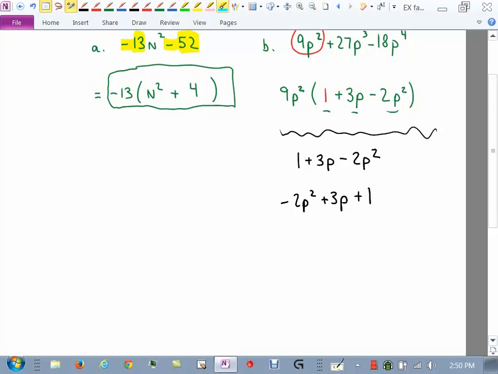You look at the number in front of p squared and the number on the back end, the constant 1. You multiply those two together. People do this different ways. Some people do little tables or charts. The way I've always done it is I put the negative 2 times 1, right here, negative 2. And then you look at the number in the middle, which is a positive 3. I put that right here.